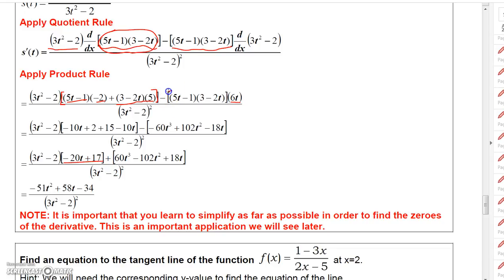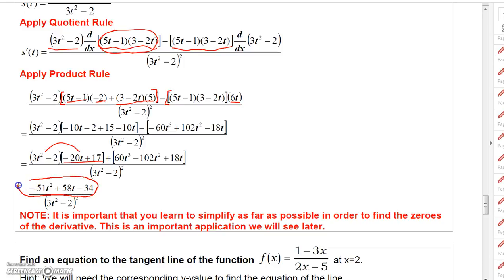And then if you simplify this by multiplying it by 6t, you're going to get minus 60t cubed plus 102t squared minus 18t. And then you distribute your minus, and then they become plus. And then I left this for you to do. You can FOIL these two together, and then combine like terms, and you should get,